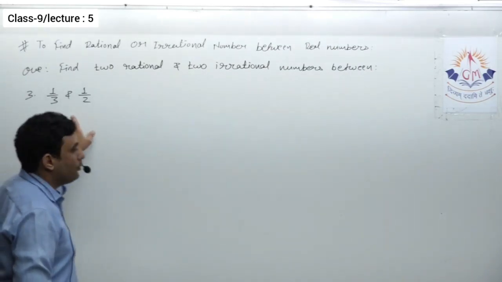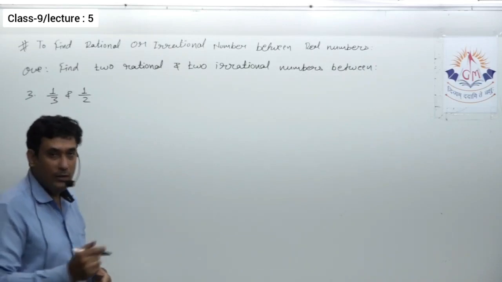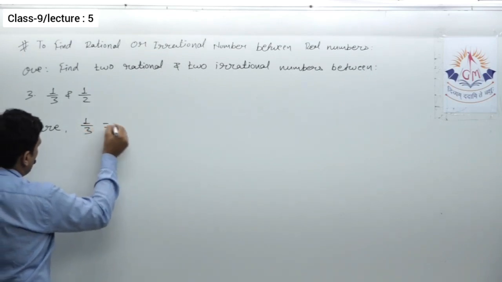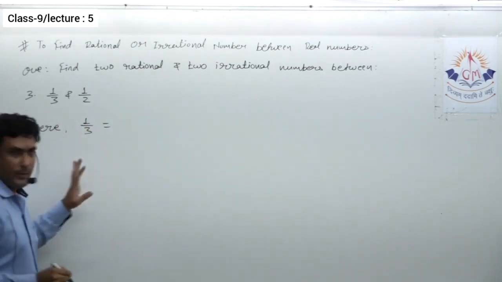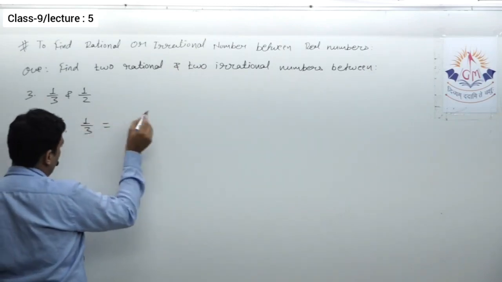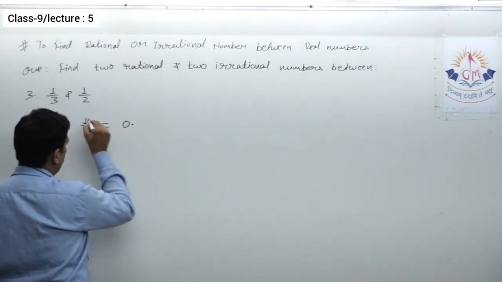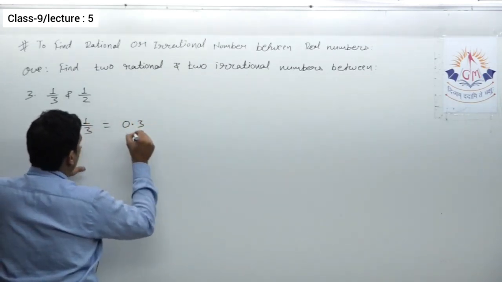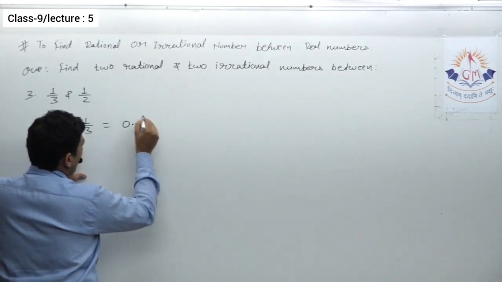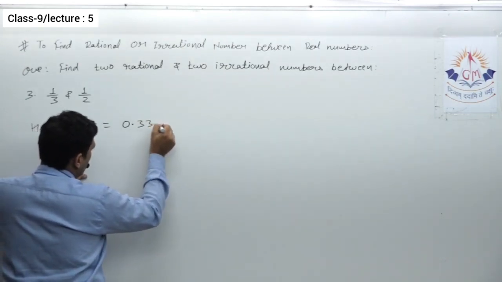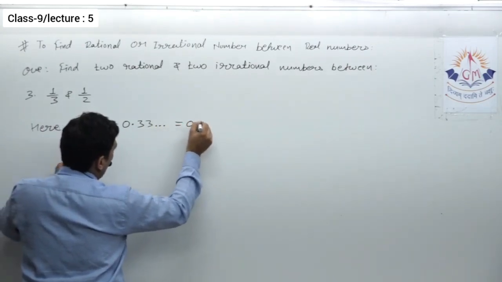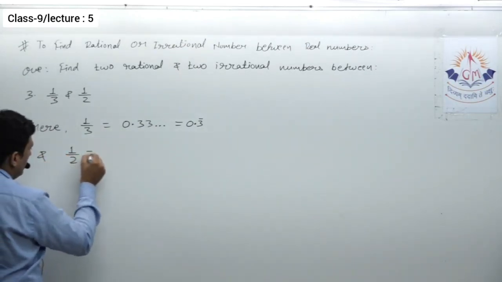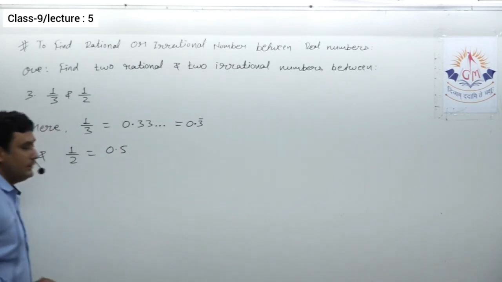So first of all we have to convert these two into decimal form. So here, 1 upon 3. Now the calculation for this is not required to show. 1 by 3 you can find directly. When you divide 1 by 3 it is not divisible, so I'll put 0. Then after the decimal, if I put here 0, this will become 10. 3 3s are 9, again 1 will be the remainder, and so on. So this is actually this, or I can write this is 0.3 bar. Okay, and 1 by 2 is 0.5. Okay, it is a terminating decimal.